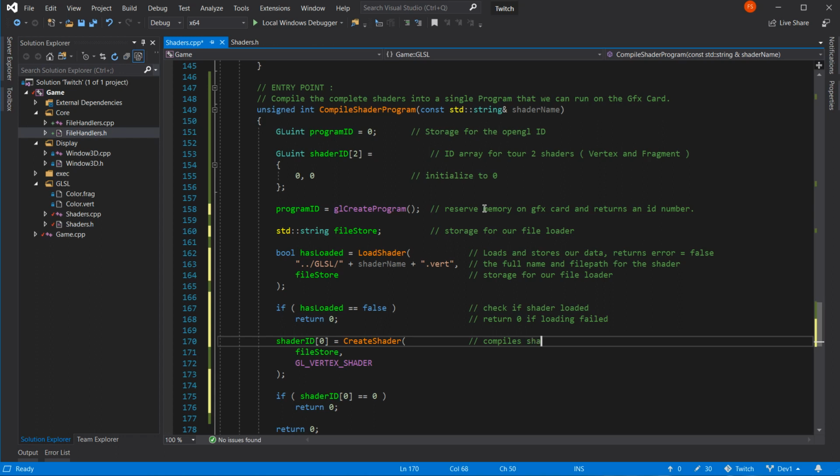Compiles shader, returns zero if fail. If failed. Okay.